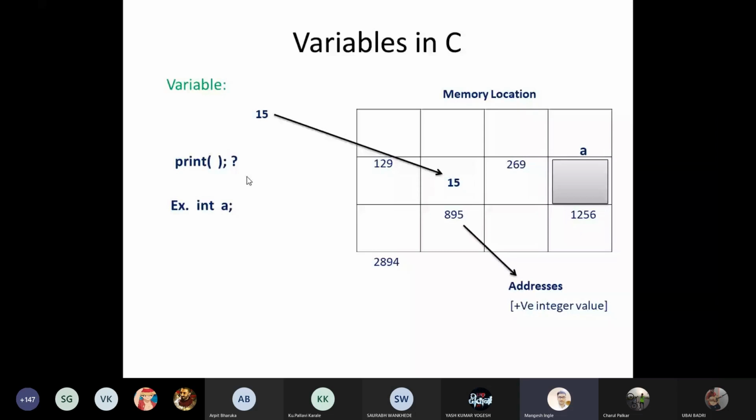Integer num1. Num1 is my variable name. Integer is my data type, and integer num1 is my variable name, right? So integer A, once you declare a variable, I'm using the word declare. Once you declare a variable integer A, it means you have created an empty memory location. Empty memory location. Just concentrate here. So now you can understand whatever value we are going to store into that in future.